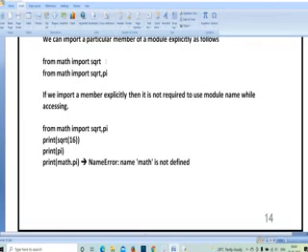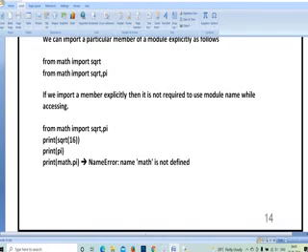Next, from math import sqrt. In math, you have multiple mathematical operations like trigonometric functions, logarithmic functions, and so on. From all the functions, here you are taking only one function. Whatever the set of functions you have with math, you are only importing the square root function, for performing your task.